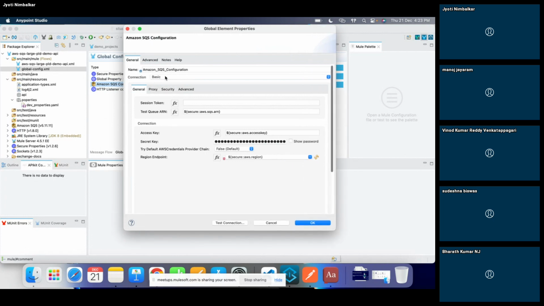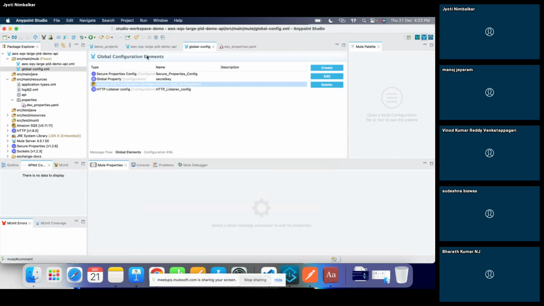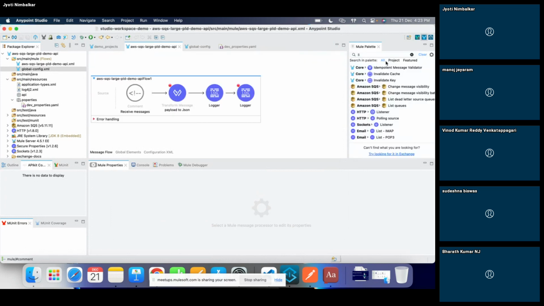I'm using the basic configuration here. We will need the access key, secret key, and region details, then the ARN, right? No additional advanced configuration is needed to read a simple small-sized payload. Okay, let's start.